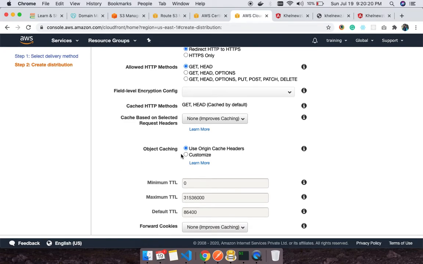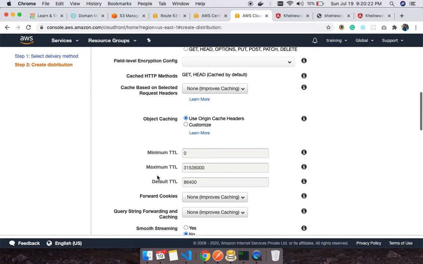Object caching. As you can see, the default timing is this much. When you calculate this in minutes or in hours, you'll get a lot more time. So I'm going to customize this. I'll keep this for 600 seconds and this one for 300 seconds. Again, this is just an example.